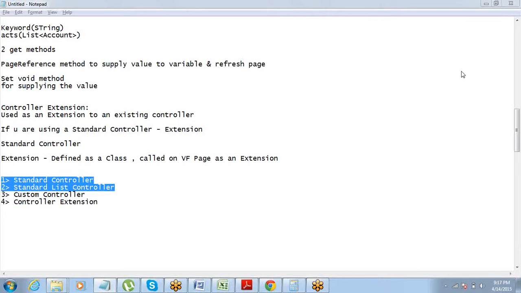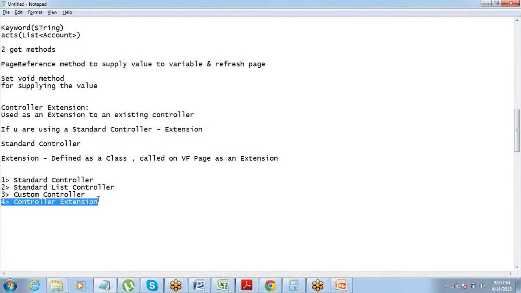All right. We have understood about the controllers. There are 4 different types of controllers, and we also understand the use of each. If you don't want to write any code and you can manage the page with the standard functionalities, and you have to display one record on the page, then use a standard controller.